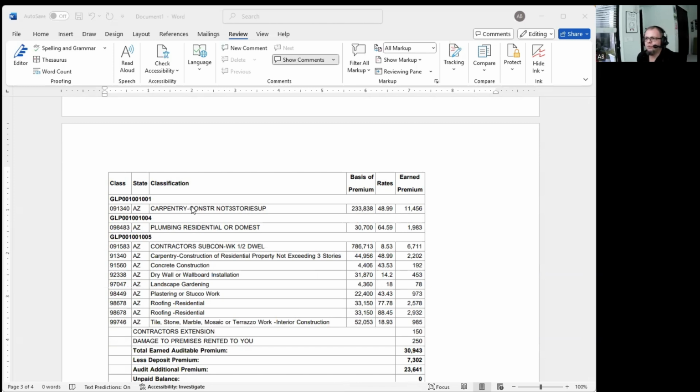$233,838, and where this came from is they did not collect certificates of insurance from all of their subcontractors. Possibly some of the subcontractors that they hired did not have liability insurance. They were uninsured subs. And nobody explained this to them, that if you do not collect a certificate of insurance from your subcontractors, your liability insurance company is going to rate them as if they are payrolled employees because there's nowhere to subrogate